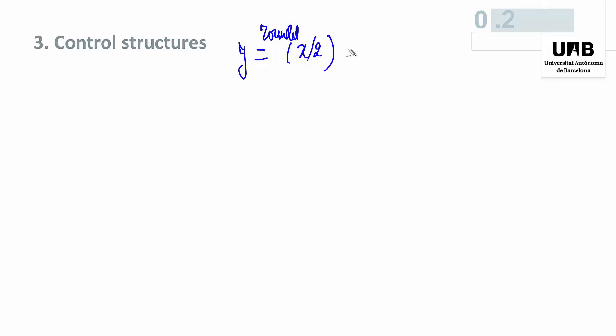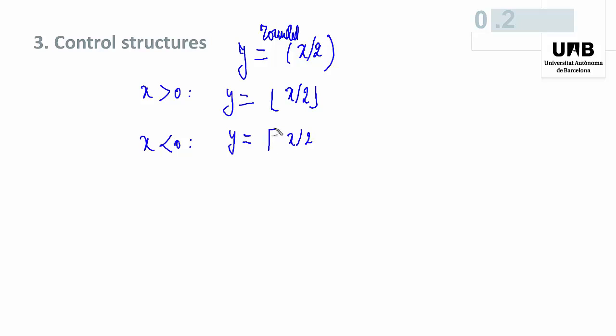That means that if x is positive, then y will be the greatest integer smaller than or equal to x divided by 2. And if x is negative, then y is equal to the smallest integer greater than or equal to x divided